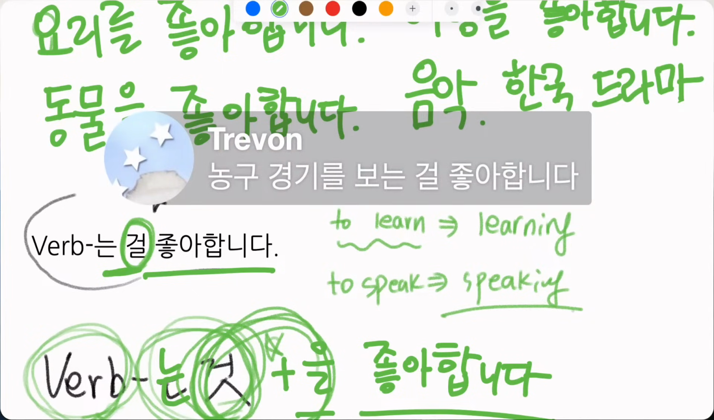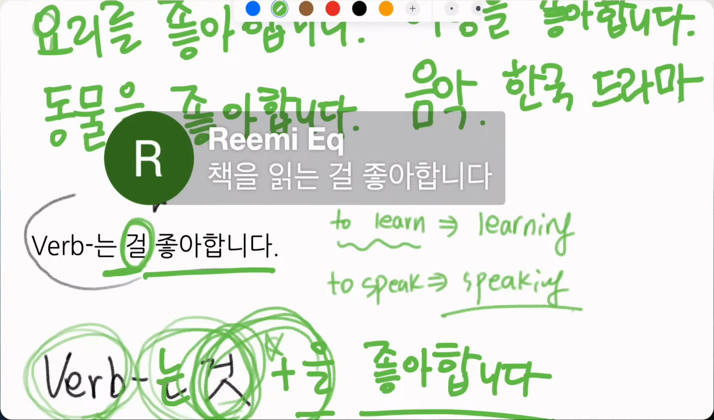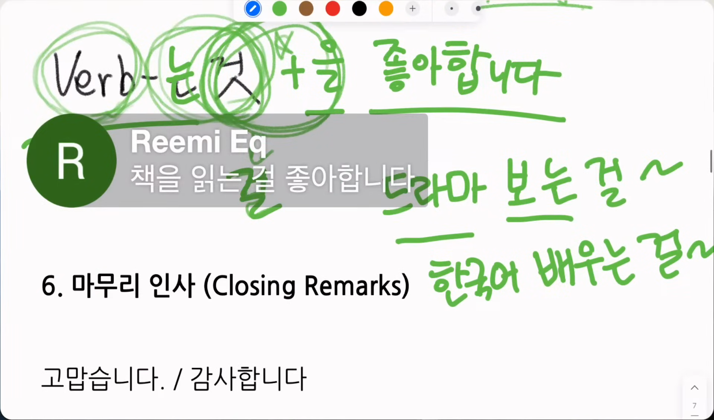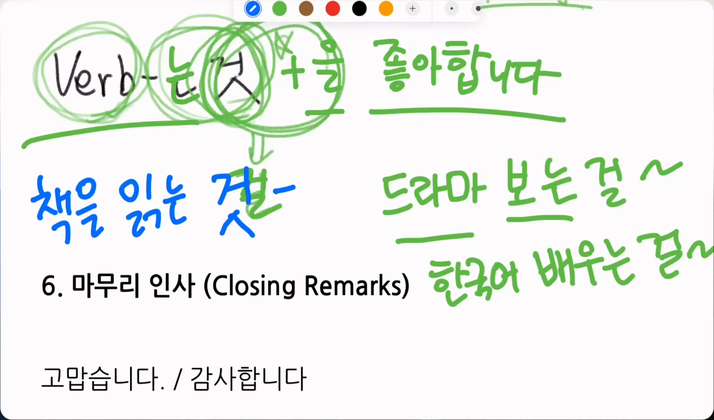오, interesting hobby. 농구 경기 보는 걸 좋아합니다. 농구, basketball, 경기, match, 보다, watching. You like watching basketball matches. 오, 그리고 루미님은 책을 읽는 걸 좋아합니다. 좋아요. 책을 읽다, to read a book. 책을 읽는 걸 좋아합니다. 여기서 사실 책을 읽다, or 책을 읽는 것, there is one specific noun